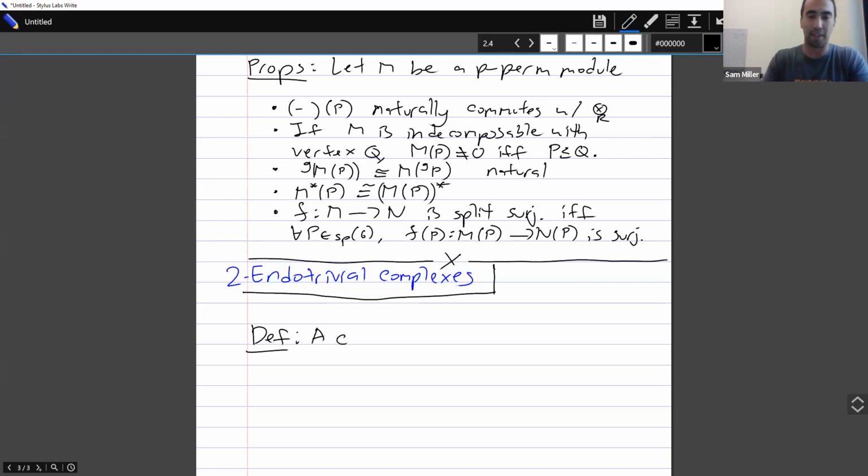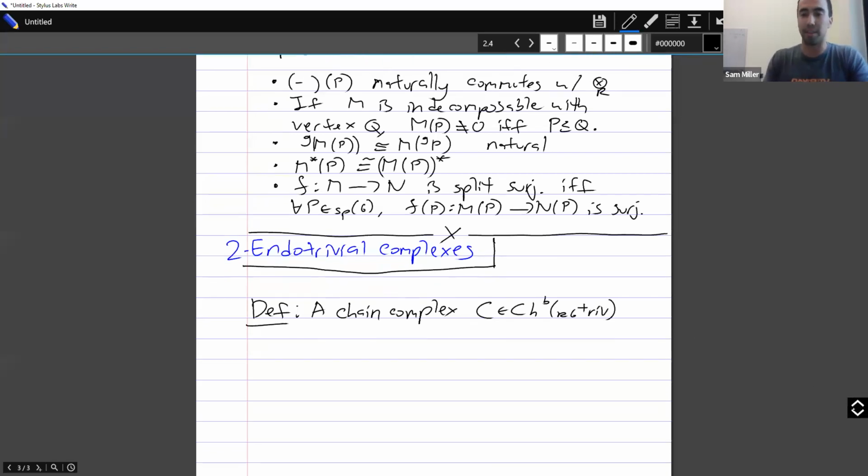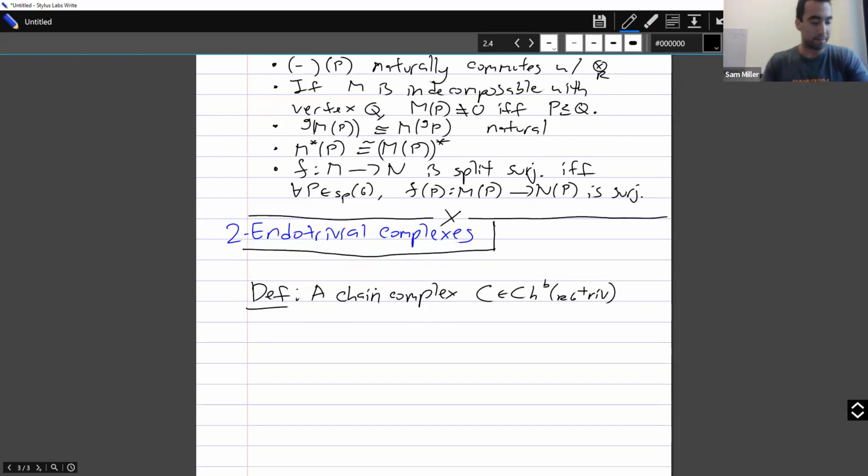A bounded chain complex C, which I'll specify is actually in KG triv, so it consists of p-permutation modules, is an endotrivial chain complex, or just endotrivial for short,